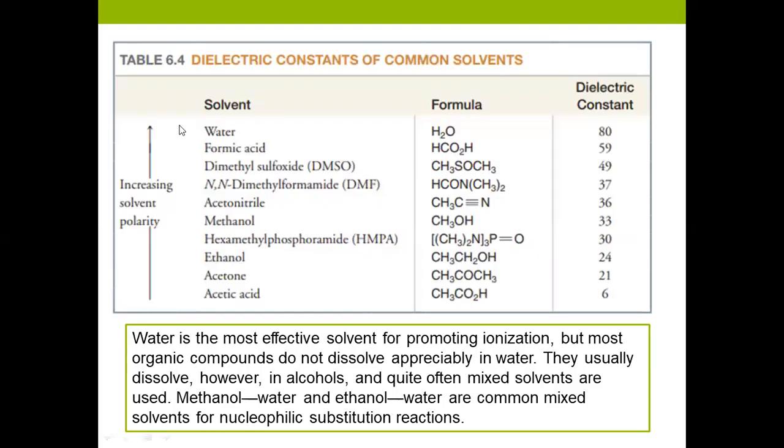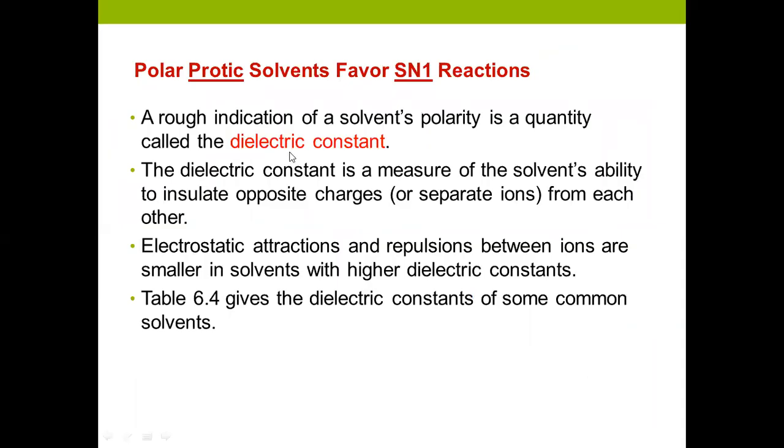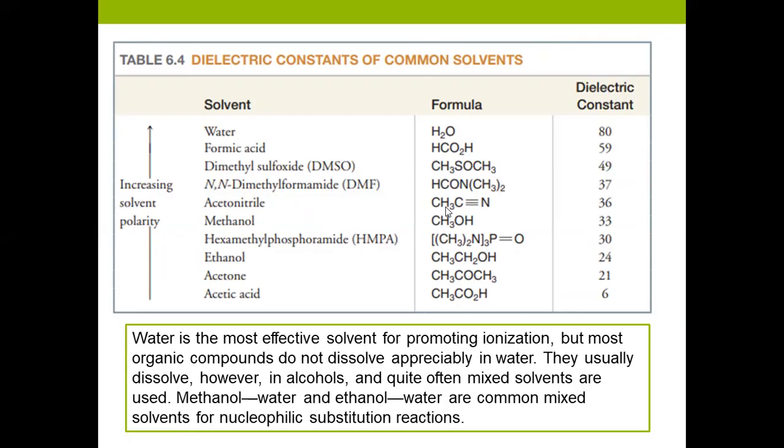Itong dimethylformamide. For example, so may dimethylformamide, water, formic acid. So water and formic acid, they have dimethylformamide, it's aprotic. It has a strong dielectric constant, is 49. So na siya ability to insulate the developed charge having opposite charges, separate ions. Pero sa like dimethylformamide, DMF, HMPA, acetonitrile, they can only disperse the charge of the ions kani siya